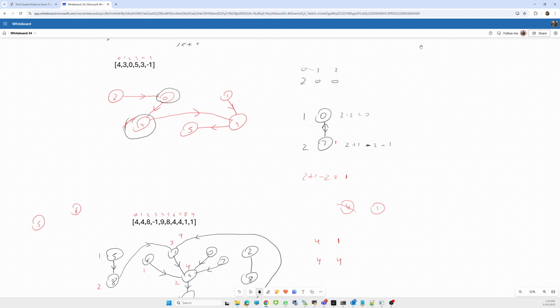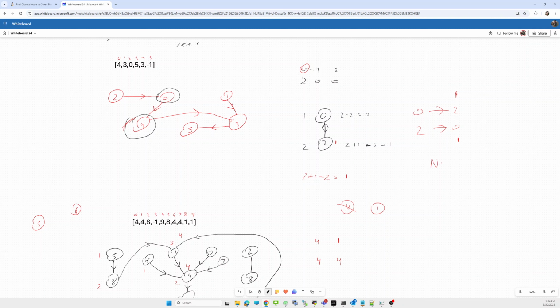If there is this kind of graph, from 0 to 1 there is a path, and 2 to 0, a unidirectional edge in between. So from both of them it is reachable. 0 to 2 is reachable, and 2 to 0 is also reachable. 0 reaches 2 in 1, and 2 reaches 0 in 1 distance. So we have to return the minimum, because the distances for both of them are the same.